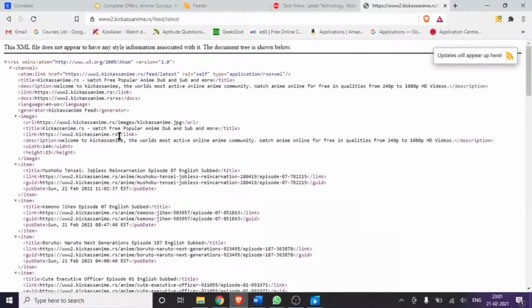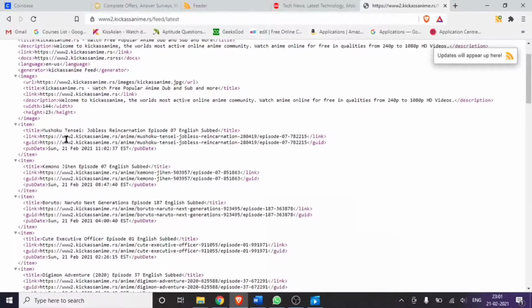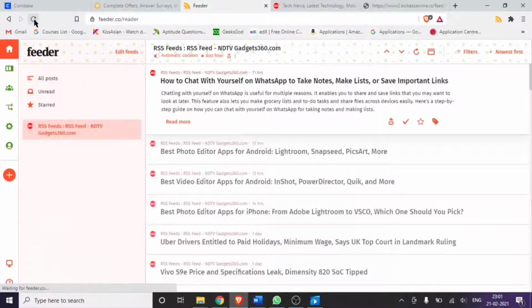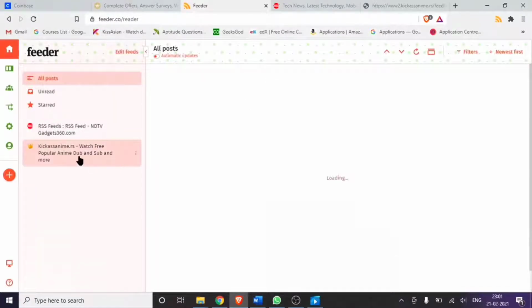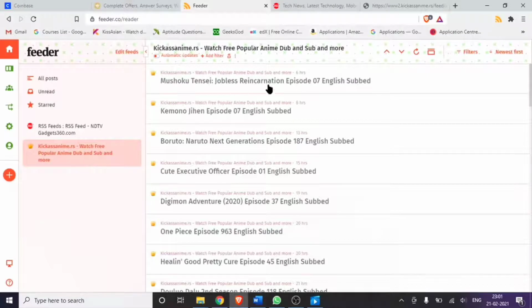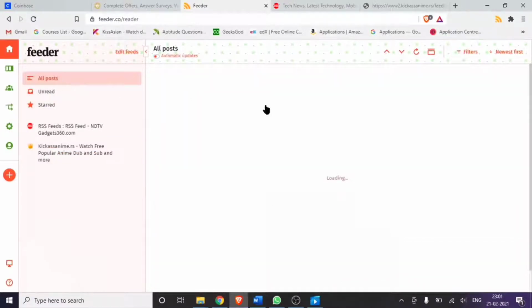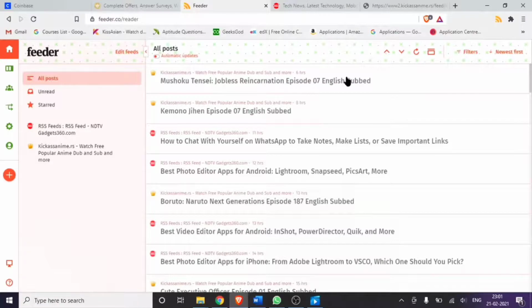When I go to the feed reader, we can see I have subscribed to this site. The recent articles came 6 hours before, 8 hours before, 13 hours before. When I click all posts, it will be arranged in time order.